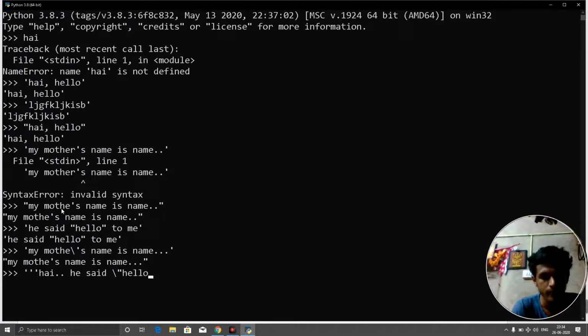That means if you want to enclose both single quotes and double quotes, that I am telling now. Here you can enclose both double quotes as well as single quotes in the same sentence.